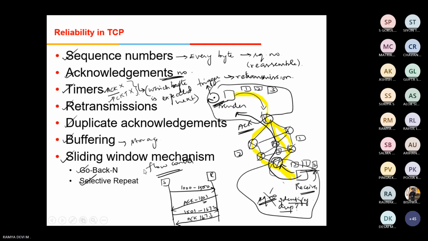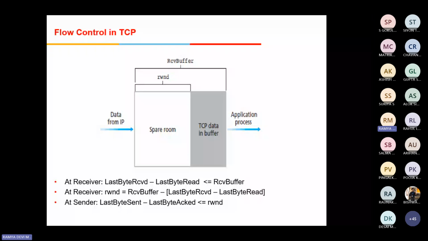Fine. The next one is flow control. How does flow control work in TCP? What is flow control? It ensures the sender does not overwhelm the receiver. The sender is a fast sender and the receiver is a slow receiver. I have two bottles, one with 1 liter capacity, another with half a liter capacity. If I pour all the water into the half liter bottle, the rest of the half liter will be wasted. The same way.